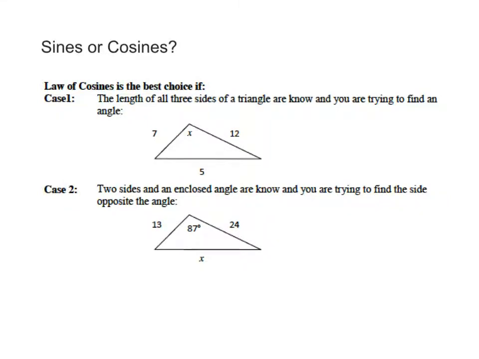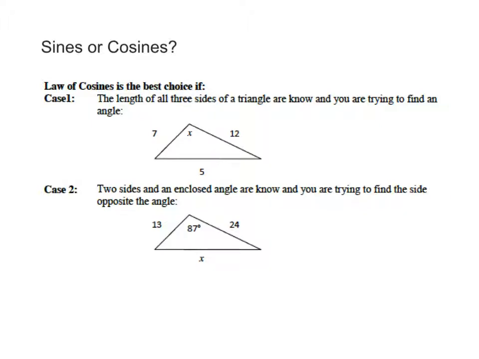So the thing we need to figure out here is, when do we use the law of sines, when do we use the law of cosines? And this tells you the law of cosines is the best choice if either of these two things. So case one, the length of all three sides of a triangle are known and you're trying to find an angle. So if you know all three side lengths and you want to find an angle, then use the